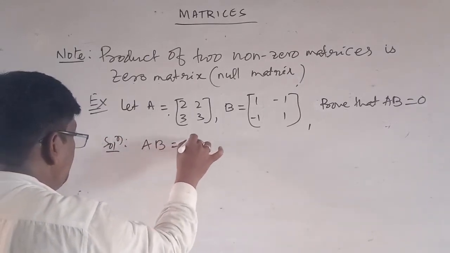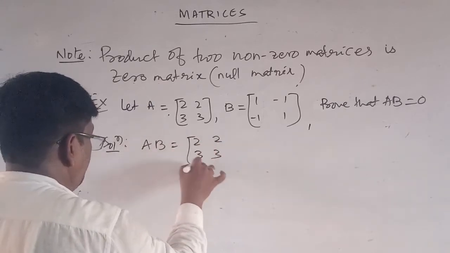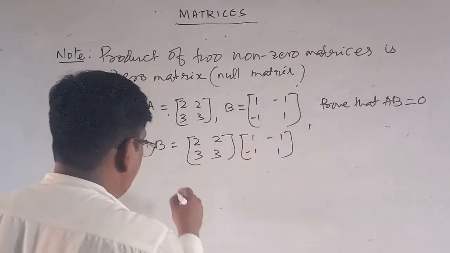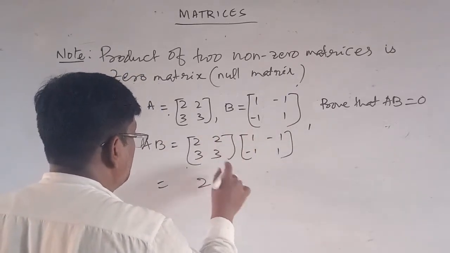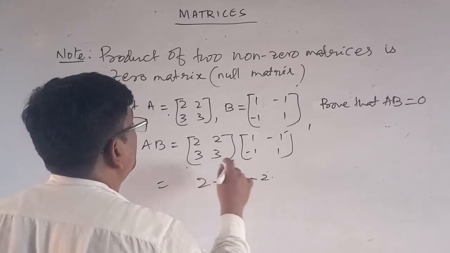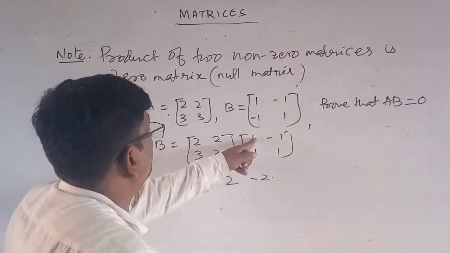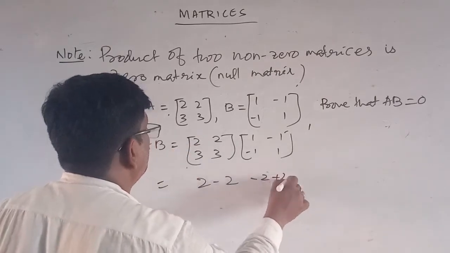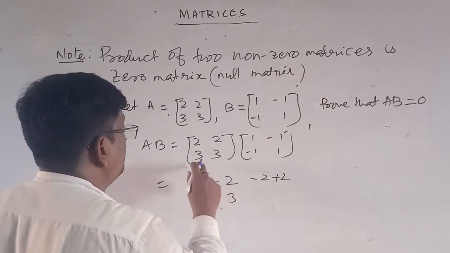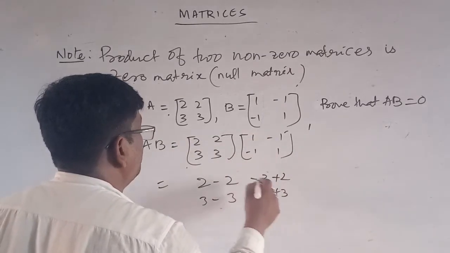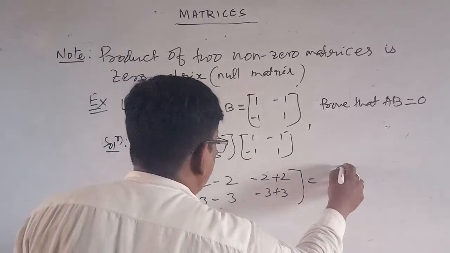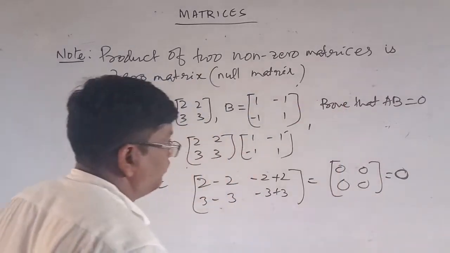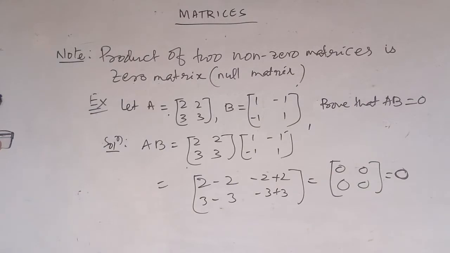Solution: A is 2, 2, 3, 3, and B is 1, -1, -1, 1. So multiply this: 2, -2, -2 plus 2, 3 minus 3, then -3 plus 3, which is equal to 0, 0, 0, 0. So this is a null matrix, bold 0. For another note,